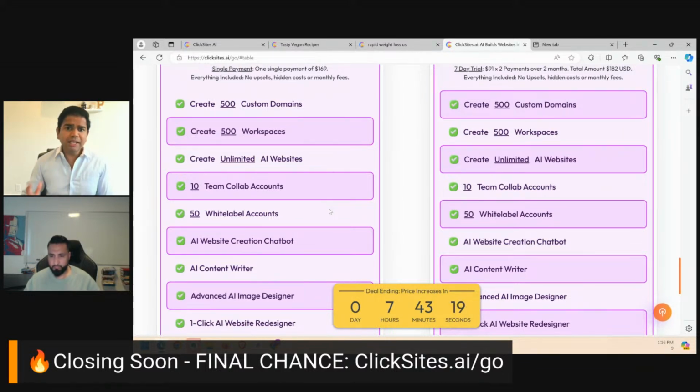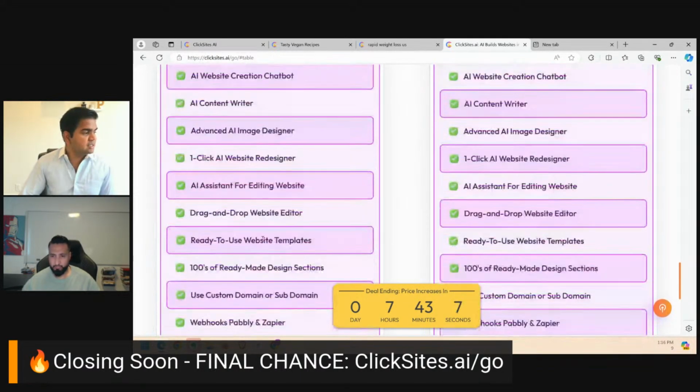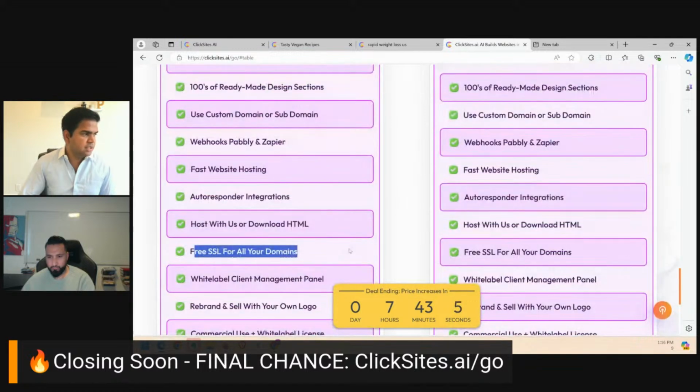So basically, just to summarize real quick, the ClickSitesAI platform, the technology you have with all these bells and whistles: 500 custom domains, 500 workspaces, you can add 500 different clients, free SSL certificates for all of those, right? You see this for all of them, plus the ability to download,